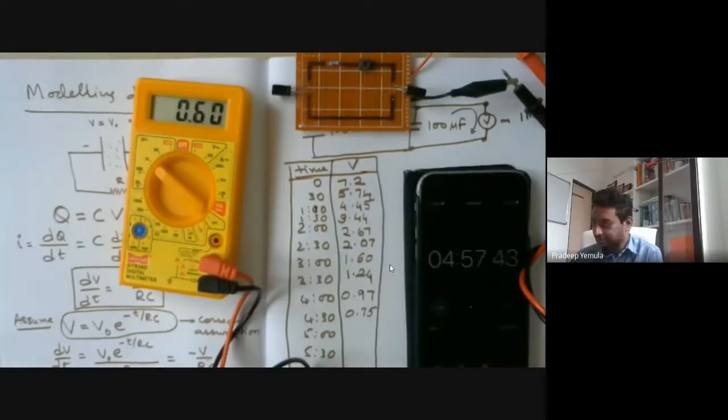So we are just coming to the last reading, that is 5 minutes, and it is 0.58. So even in the last minute, still some charge is remaining, but it is fine.